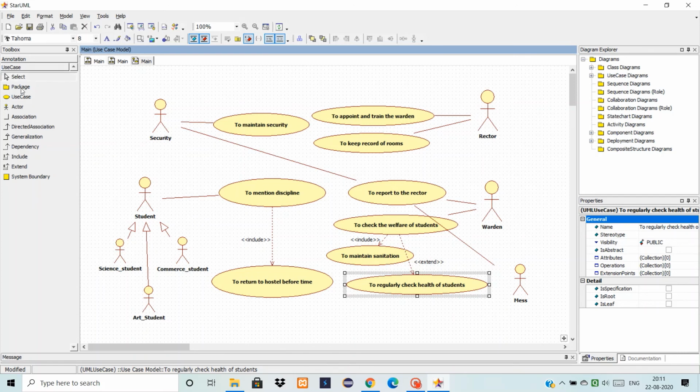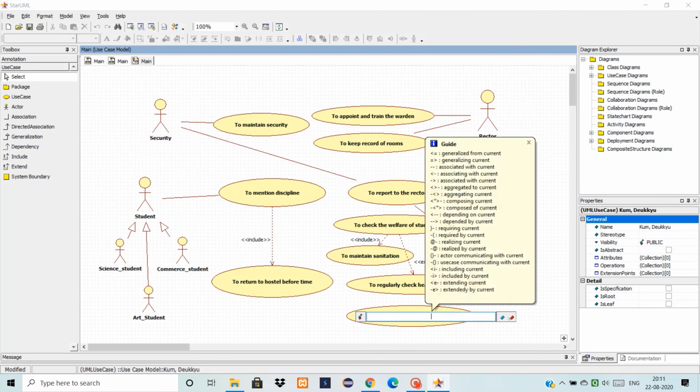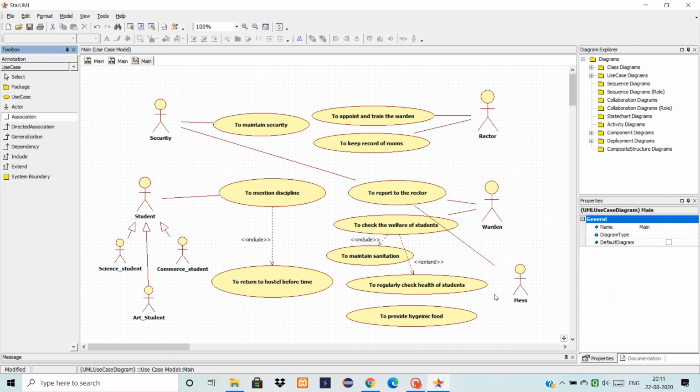And the main functionality of this mess is to provide good hygienic food. Okay, and we'll show the association. So that's how a basic use case diagram is.